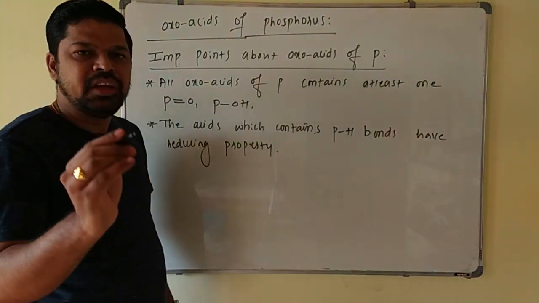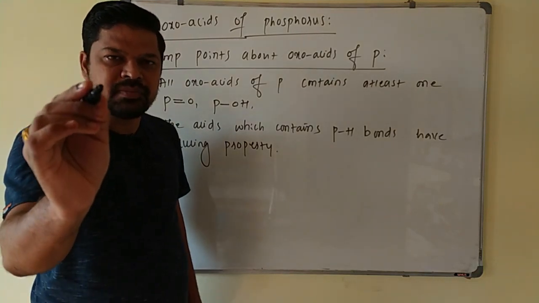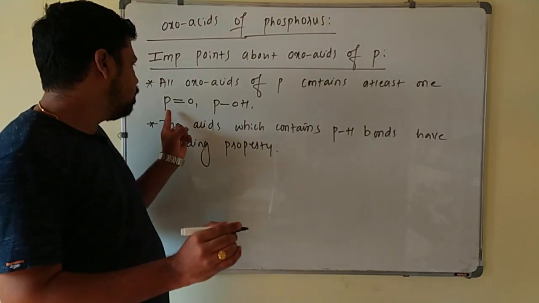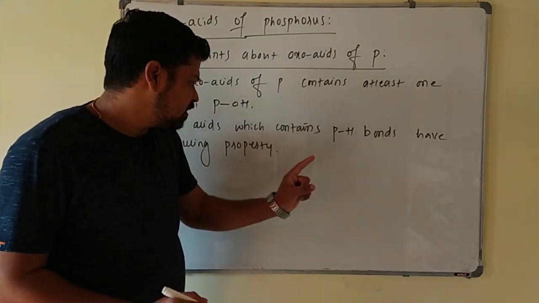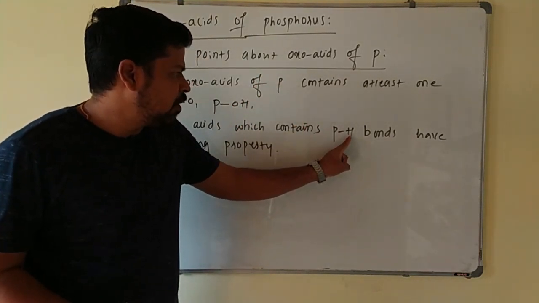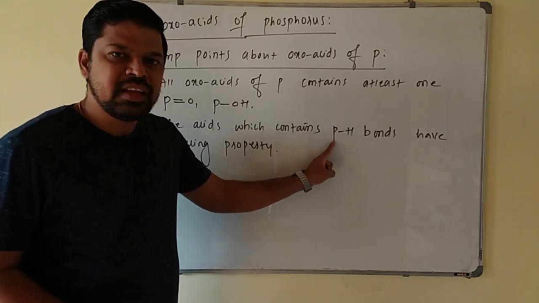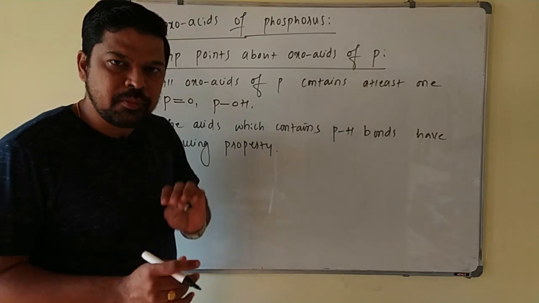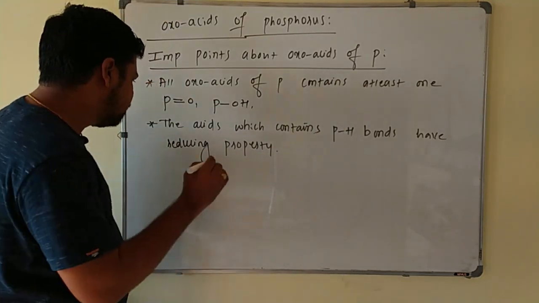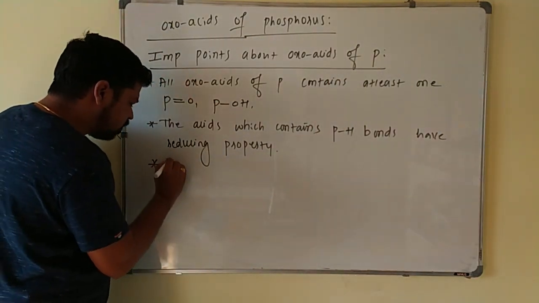Keep in mind, the oxoacids of phosphorus contain at least one P=O and a P-OH bond. Suppose it contains hydrogen directly connected to the phosphorus; if an oxoacid contains P-H bonds, then it has reducing property. One thing to keep in mind,